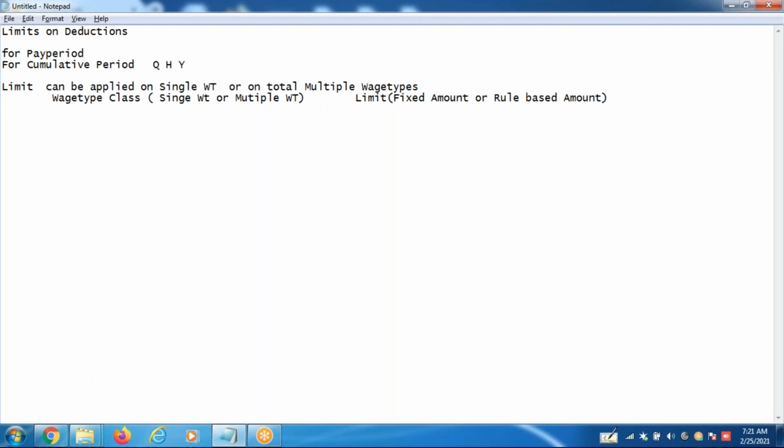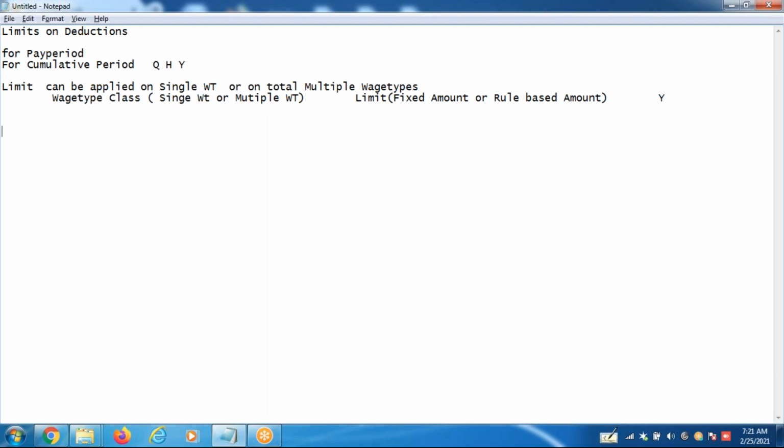And the limit is for which period? If it is for the pay period, maintain EM. If it is yearly, maintain Y. So the wage type class determines on which wage types you are applying a limit, then the limit amount, and then the cumulative period. Clear? This is all the limits on deductions.